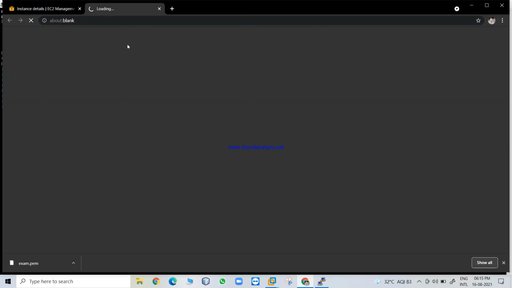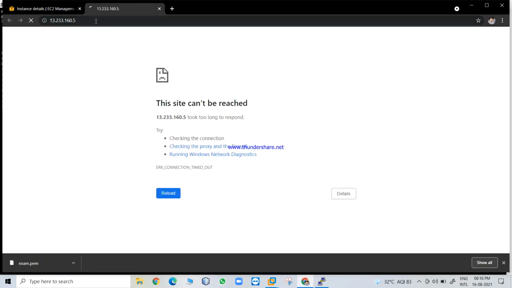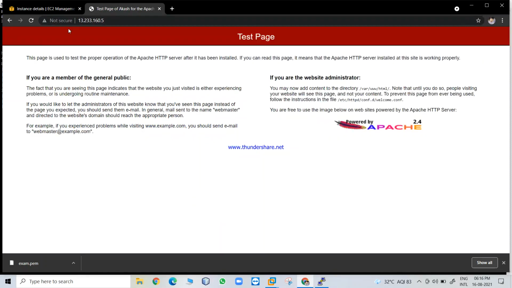It's loading. We have to wait a few seconds. Wait a second. Enter. See, now you can see my test page is completely running. This is the way to host a static website using an EC2 instance. Thank you so much.